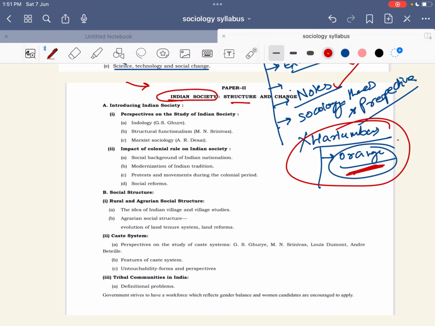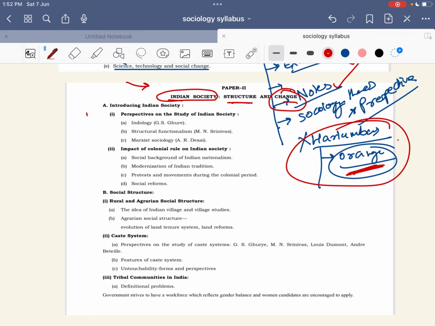देन देर इज़ अ स्ट्रक्चर एंड चेंज. तो हमें यही देखना है पूरे न्यूज़पेपर में पूरे साल कि सोसाइटी में जो भी सोशल इशू आ रहा है, उसका इंडियन सोसाइटी के स्ट्रक्चर पे और सोसाइटी पे क्या चेंज हो रहा है. पेपर में जो साफ साफ लिखा है यूपीएससी में, सेकंड पेपर का नाम क्या दिया है कि इंडियन सोसाइटी स्ट्रक्चर एंड चेंज. तो इस पर्सपेक्टिव को हमेशा ध्यान में रखते हुए पेपर पढ़ो, उसको कहीं लिखो.